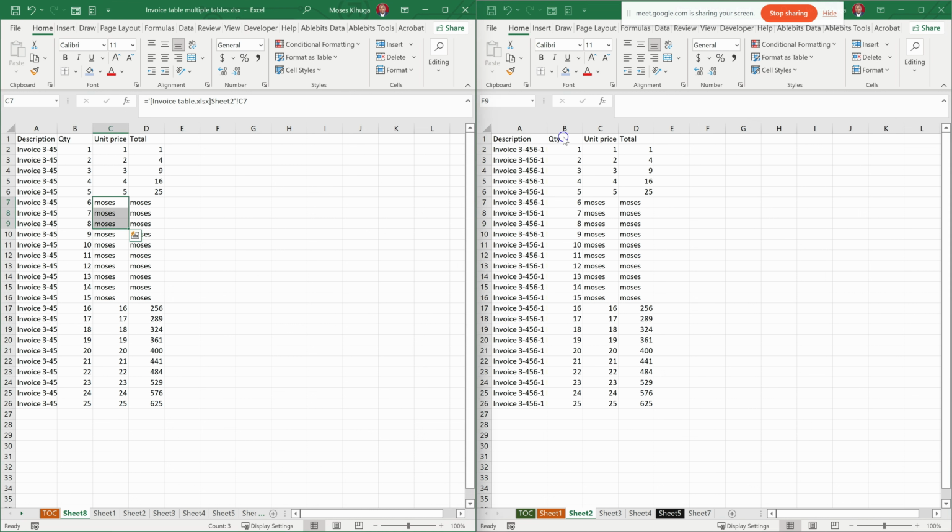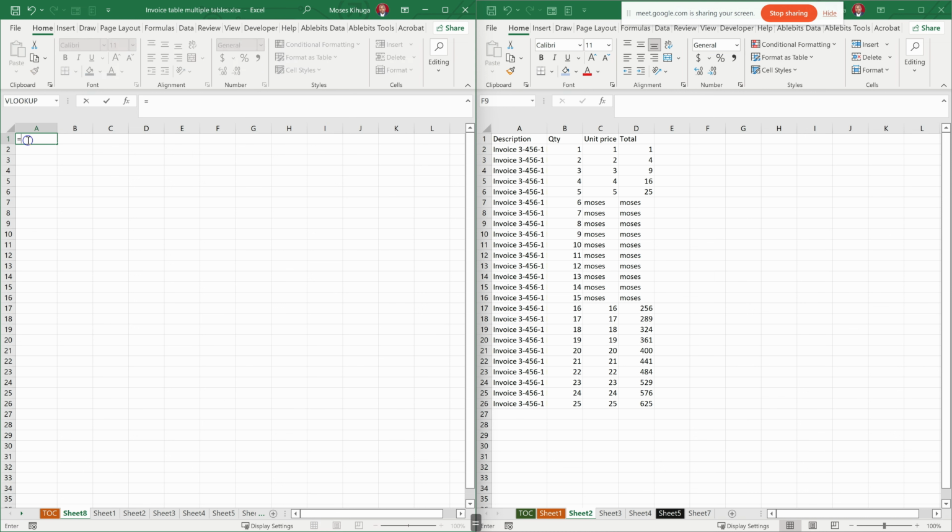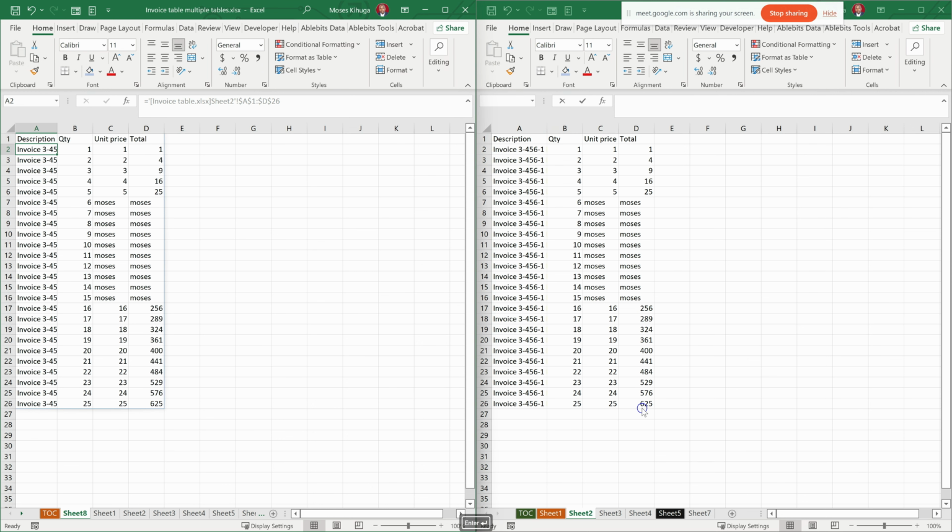Instead of dealing with fixing the cells, you can just use only one cell, this one. You say it is equals to, and then you come to the table that you want to link that data to. Then click on the first cell there, then highlight the whole of that table like that. Hit enter, and then you're going to have everything there. But now the good thing will be everything now will come with